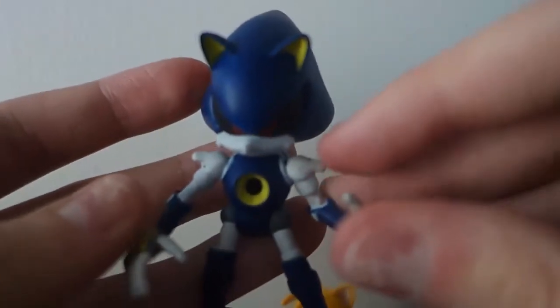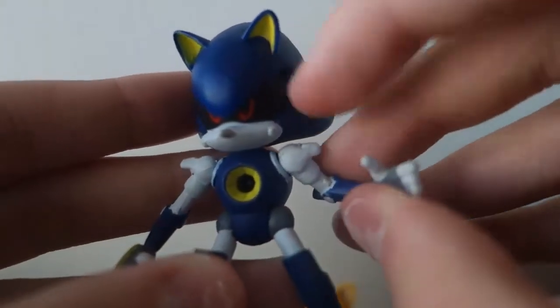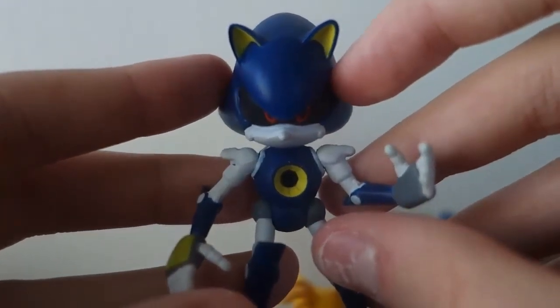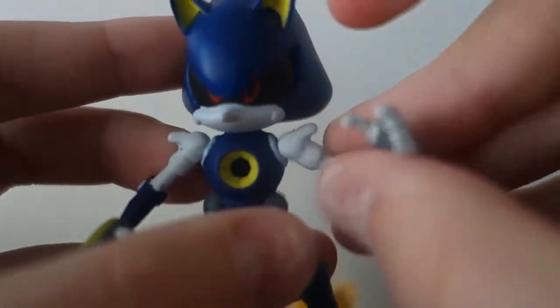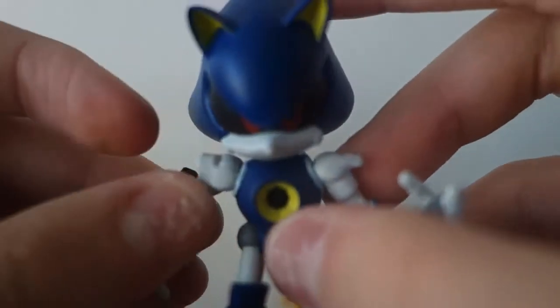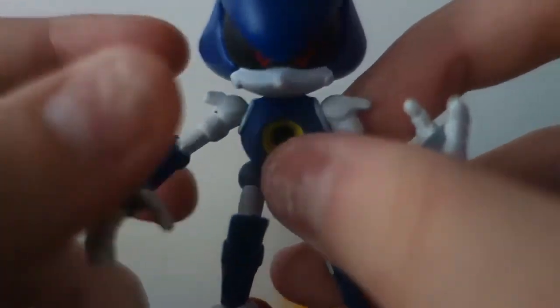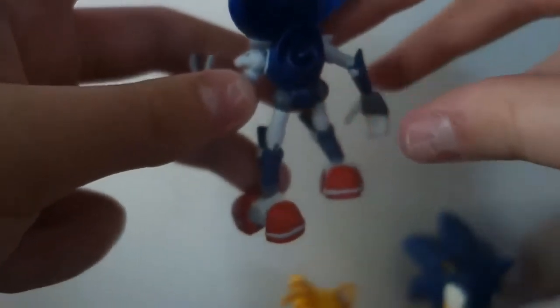$20. That's what I bought. $20 each. Well, I also got that 2.5-inch Mario figure for $7.99 because it was a 50% off deal. But still! Even though it's not better than the Jazzwares Metal Sonic figure, he is kind of an improvement over the Sonic Boom one since he has universal shoulders, while the Boom one had rotatable ones. And it just feels too fragile, since some parts of the joints are loose, while some of them, like the head, are very tight. And he doesn't have the jetpack, which is just...